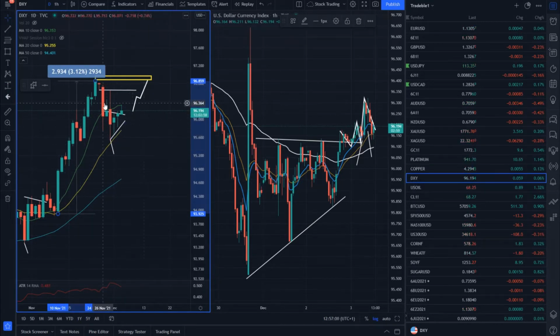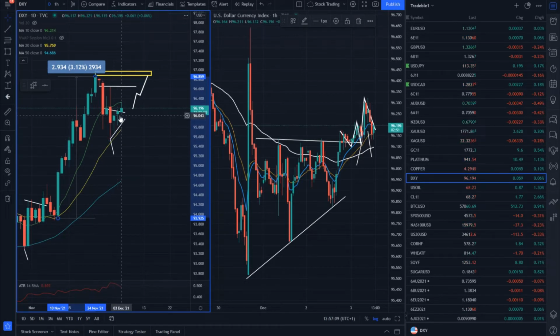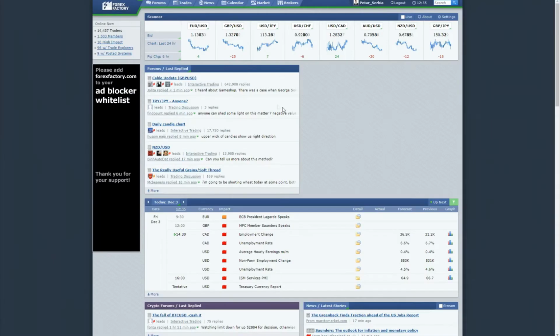If you check what happened in the previous few days, we basically got one down bar, but then market made a higher low, and yesterday made another higher low and started to contract, and now it's breaking to the upside. This looks like a pretty clean continuational pattern, but make sure to understand that we